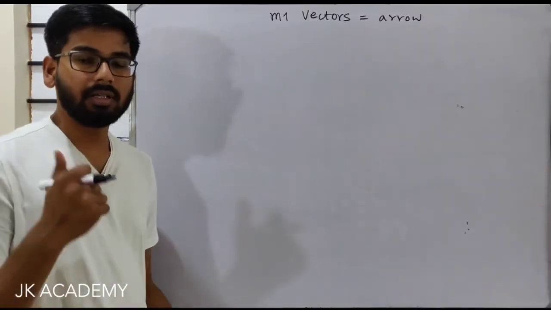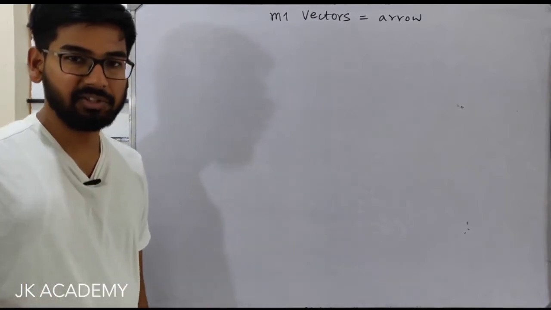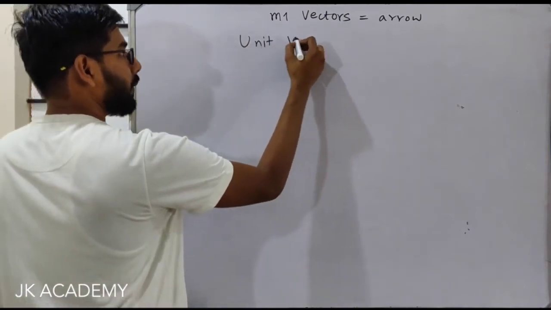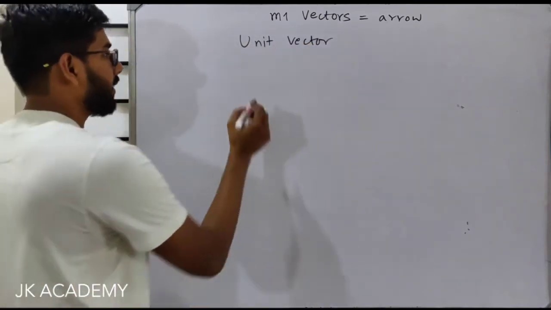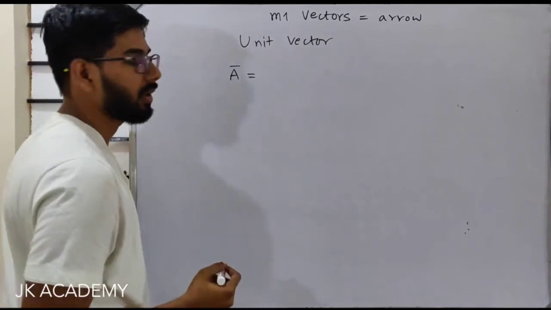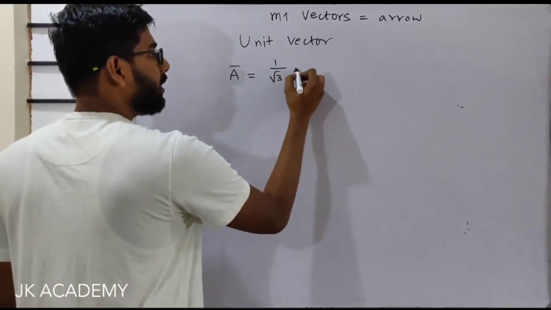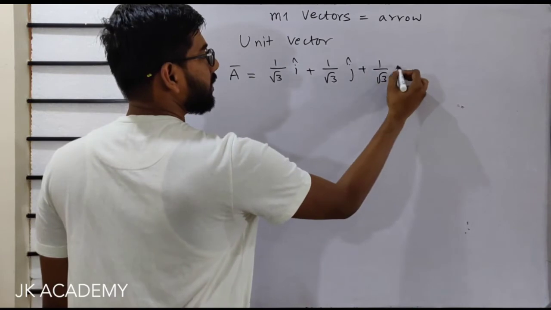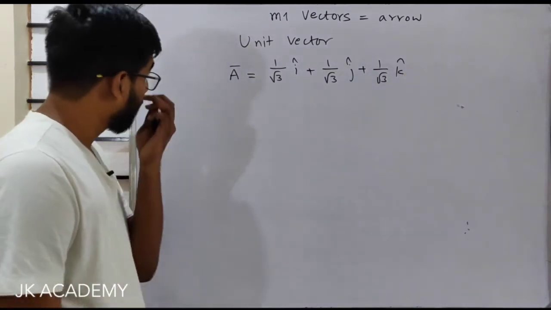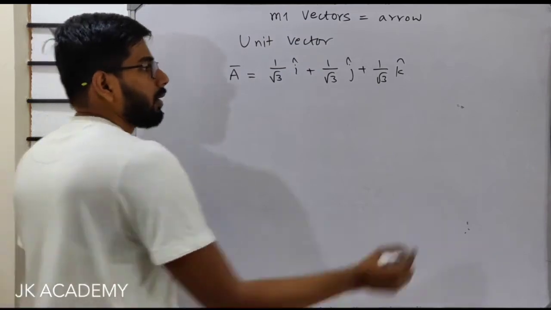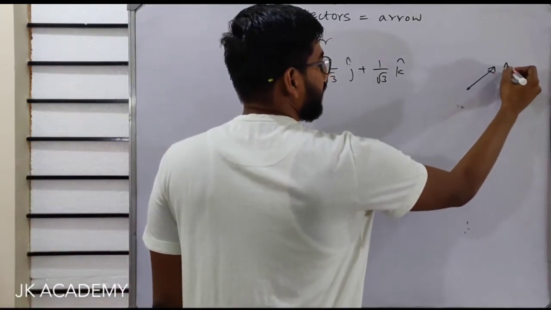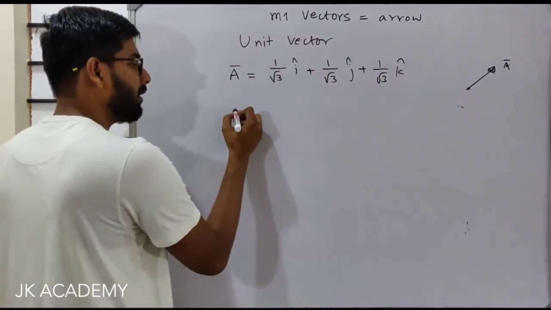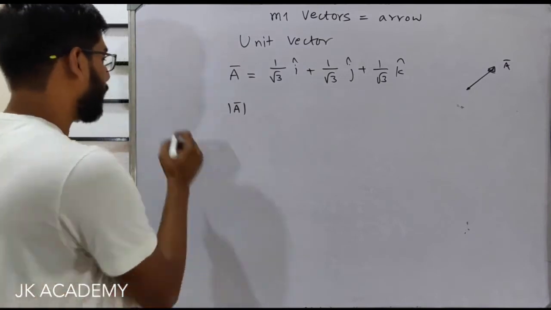Okay, after learning magnitude and scalar multiplication, now we will learn the concept of unit vector. So let's say I have a vector a bar. What is a bar? A bar is 1 by root 3 i cap plus 1 by root 3 j cap plus 1 by root 3 k cap. So the arrow is something like this, a bar. What is the length of the arrow? How will you find the length? We will find the magnitude or length,